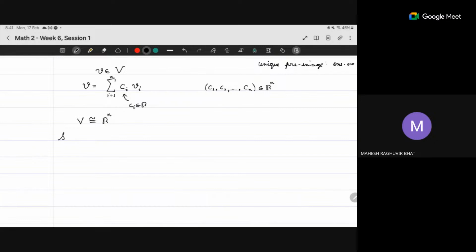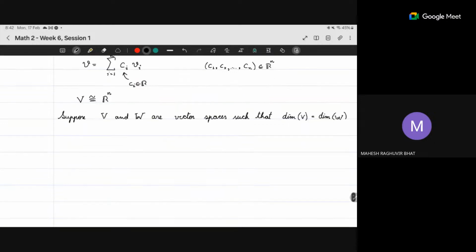Suppose V and W are vector spaces such that the dimension of V is equal to the dimension of W. Let's call this common number some m. Then